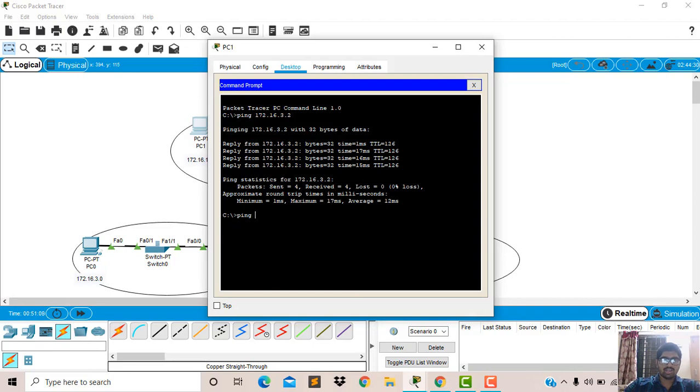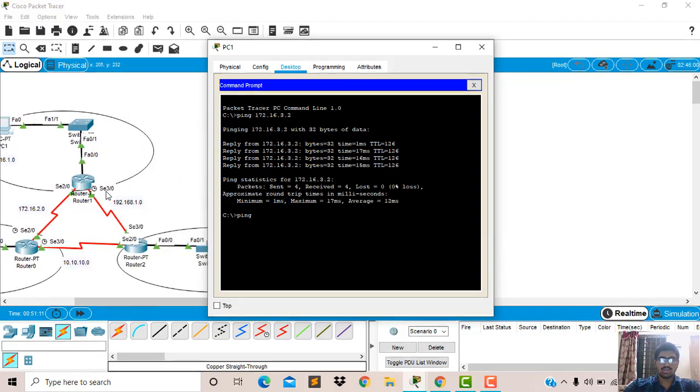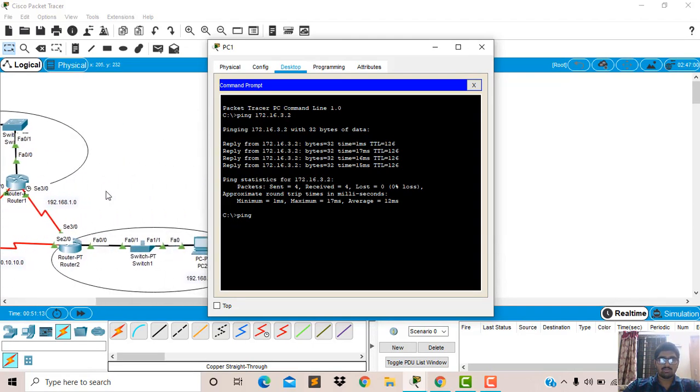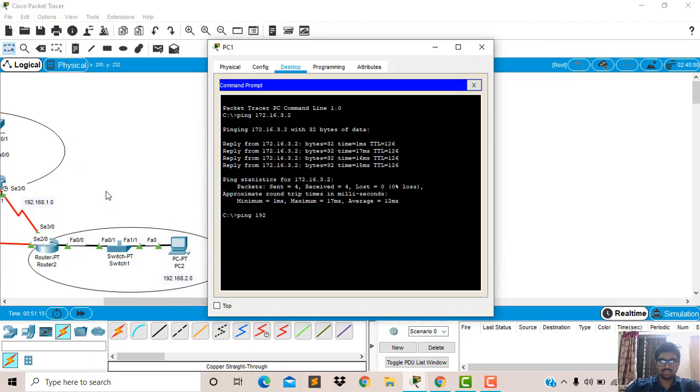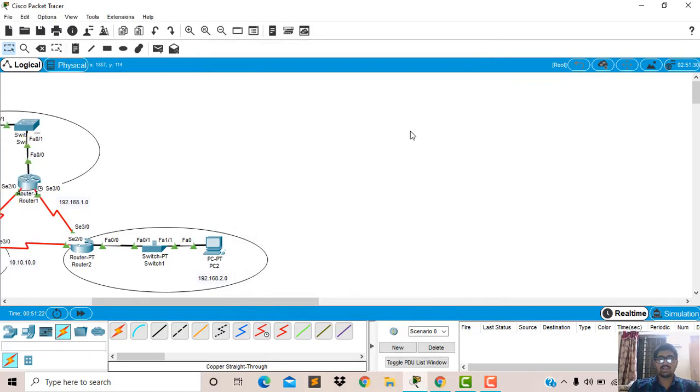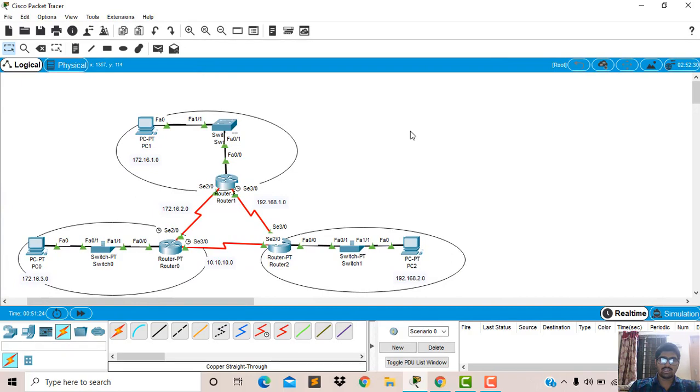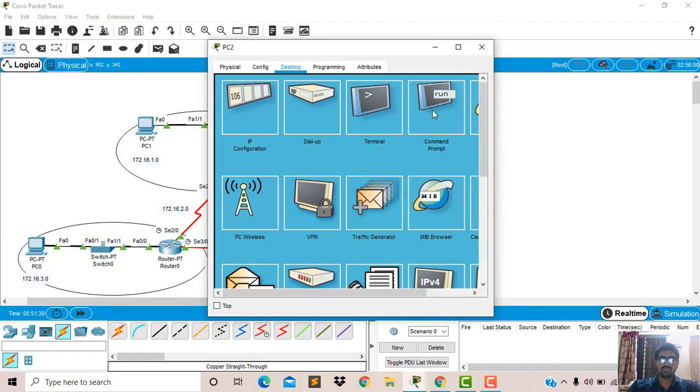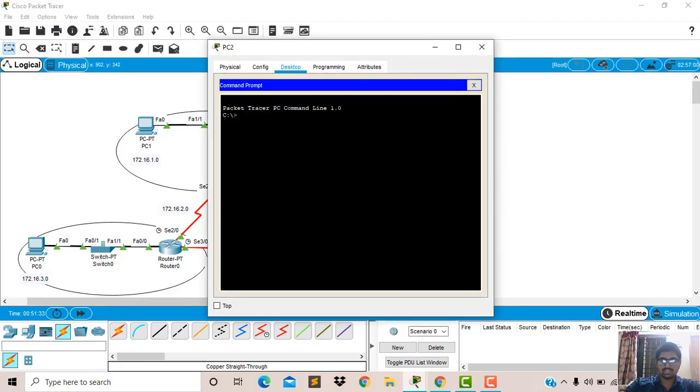Now we will check whether LAN 3 is receiving the information from PC1 to PC2, that is 192.168.2.2. We can see the reply is coming, and from LAN 2, LAN 1 and LAN 3 can send the information. Now we will check ping 172.16.1.2.